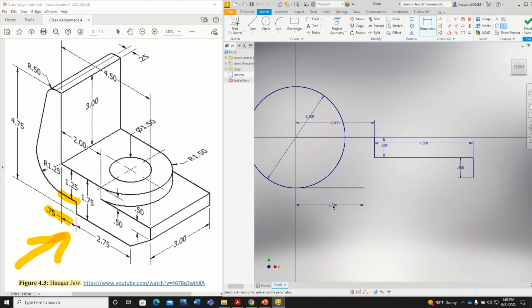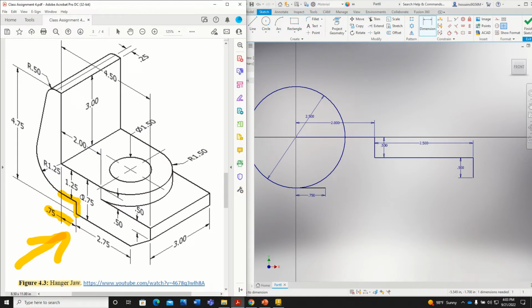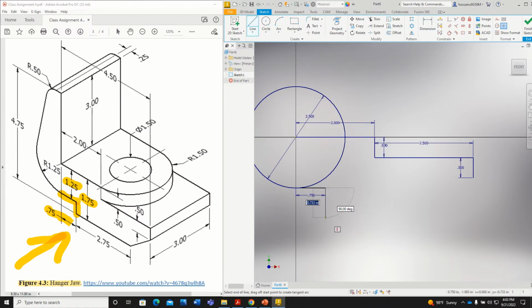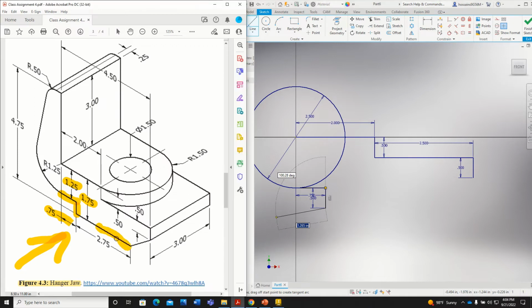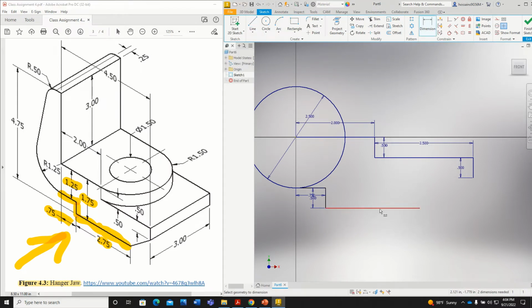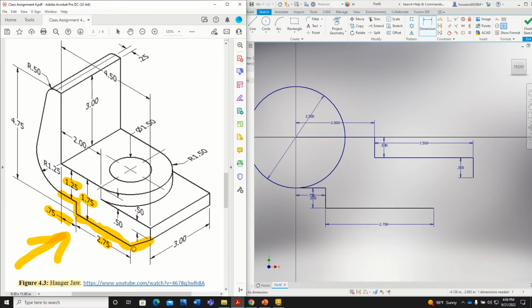So I'm going to make it 0.75. Then you need this portion of the line, which you can find from 1.75 minus 1.25. So from here, move it straight down. You can type it like 1.75 minus 1.25 and it will calculate for you, which is 0.5 inch. Move your mouse straight horizontal and draw this portion of the line, which is 2.75 inch. Okay, you can make it 2.75 inch,